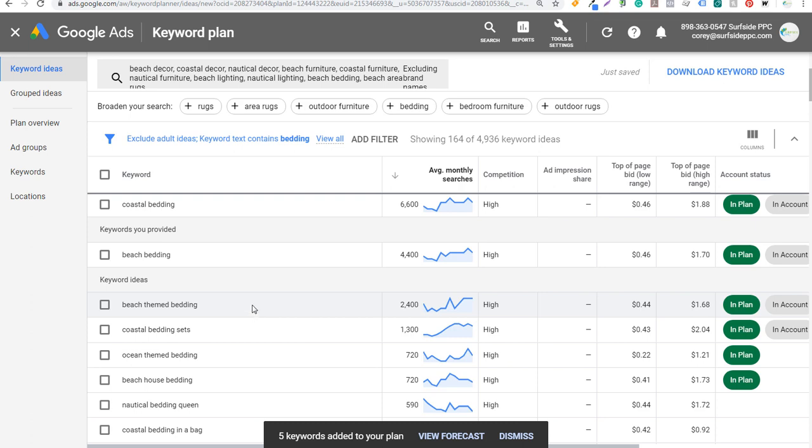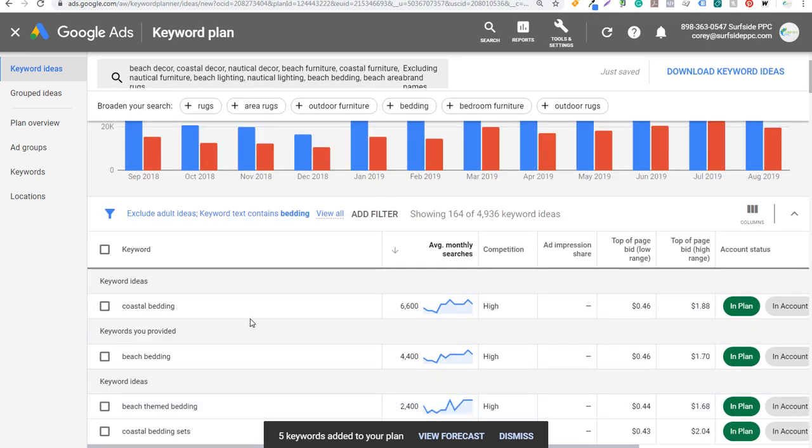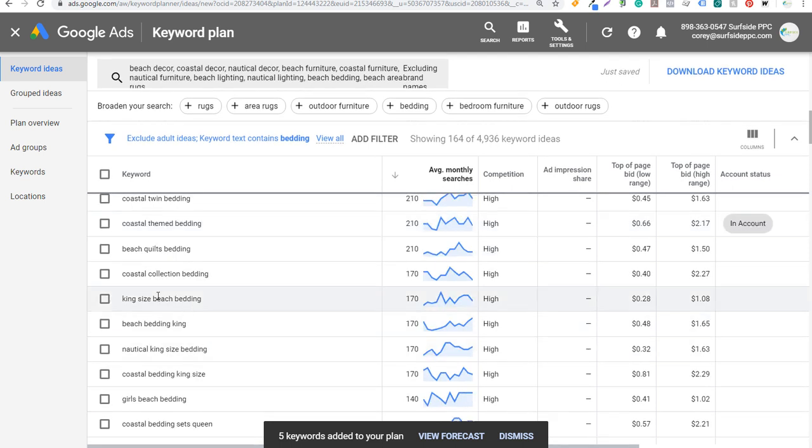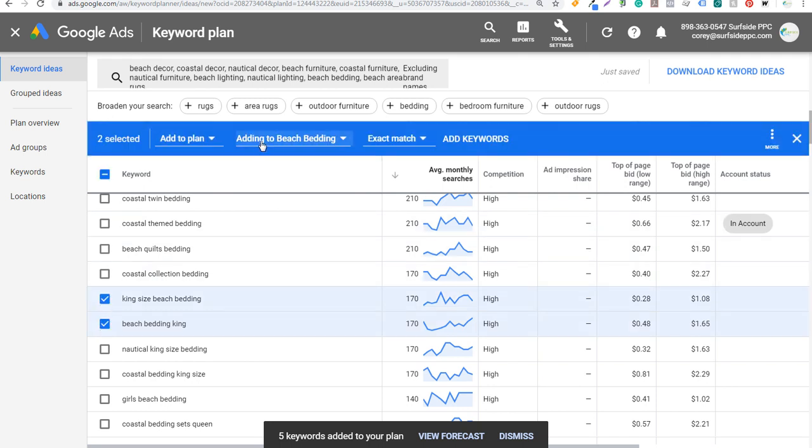That's kind of my advice and the way that I go about it. So if we keep scrolling down, we look at some of these different keywords. We can do things like king size beach bedding, king. Now, one thing you might want to do is take these keywords and add them to a brand new ad group and then send them to a page that only features king size bedding